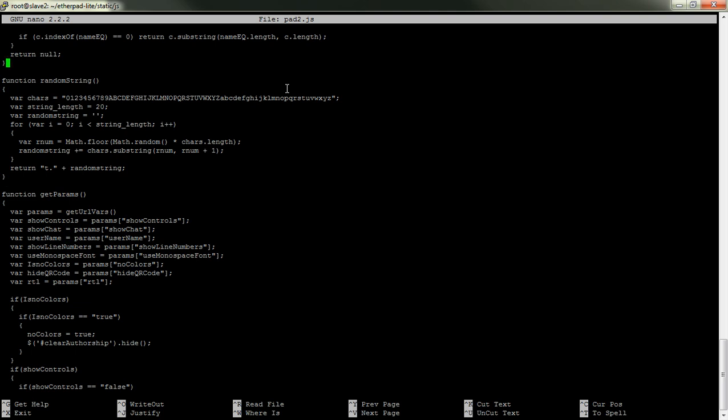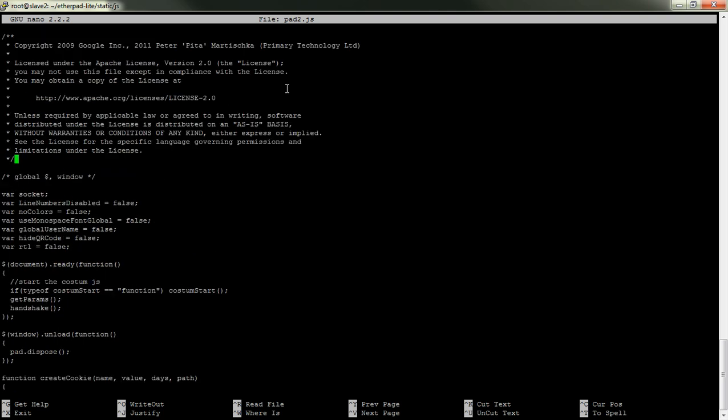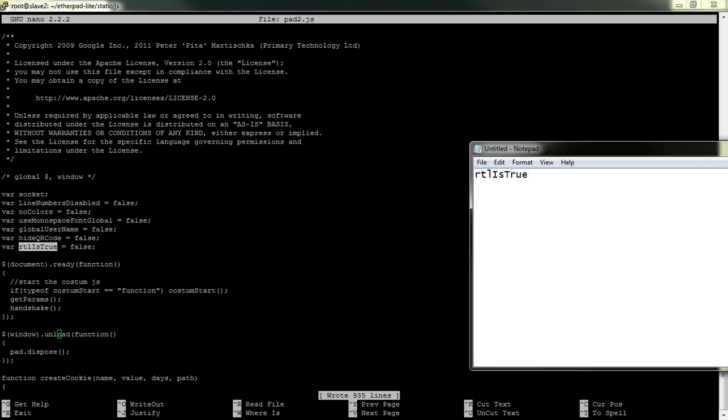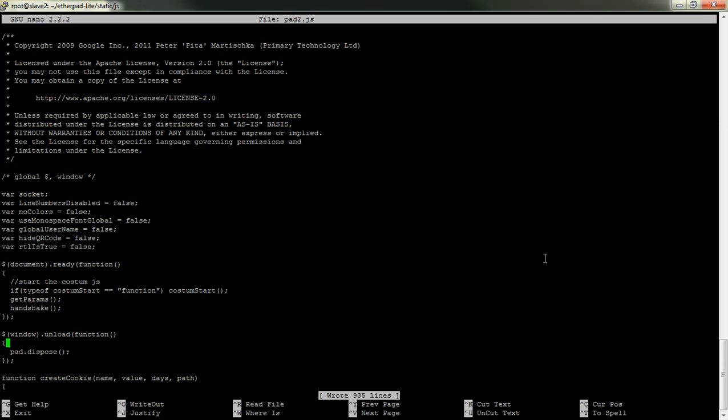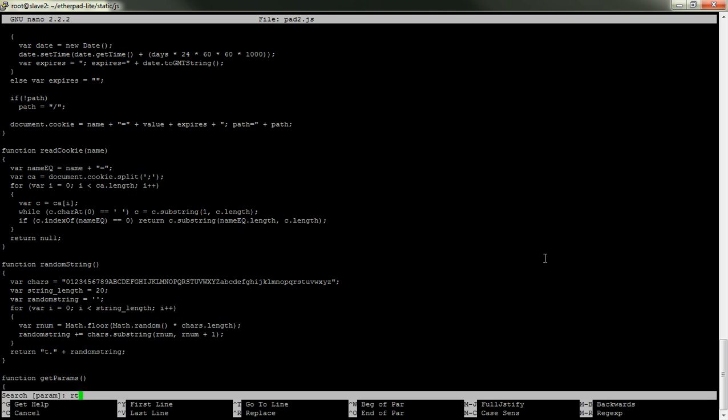Actually, what I'm going to do, for the sake of this demonstration, so this is going to be our global value. The RTL is true. Just going to make a quick note of that so I don't forget. Okay. So after we've got it as a parameter,